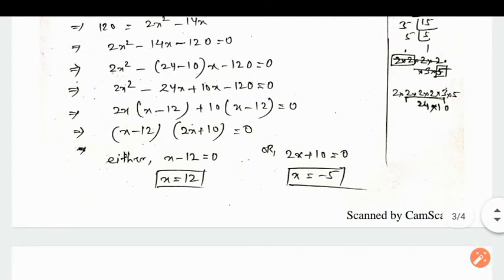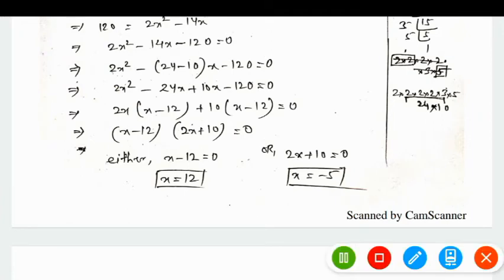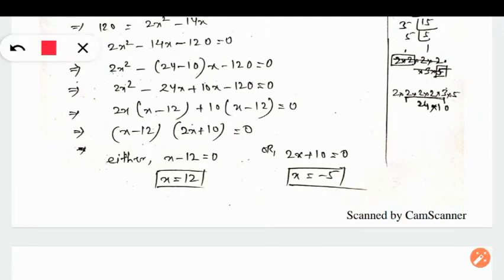So after multiplying, what we are required to do? We are required to take common from these first two terms. I think 2x is common because 2 is there in 24. So 2x is common. What is left? Since x square was there, 1x is left, and 2 12s are 24. So minus 12 is left.